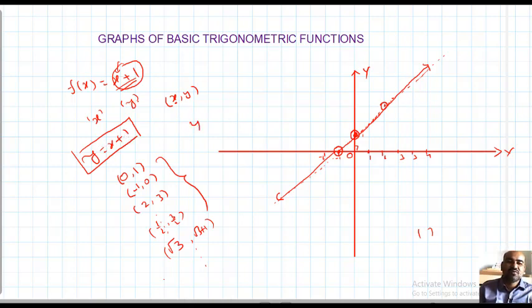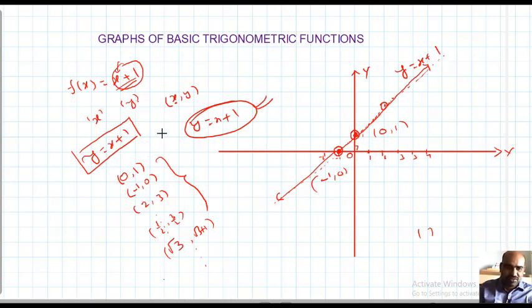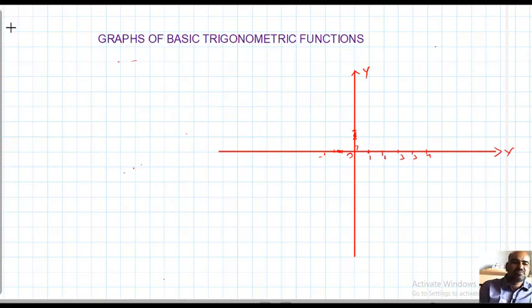In this example, y equals x plus 1 is given, which is a function. So its graph is a straight line, intersecting the x-axis at the point minus 1 comma 0 and the y-axis at the point 0 comma 1. This is the straight line given by y equals x plus 1. In this way, you can draw the graph of y equals x plus 1. What is our observation? y equals x plus 1 is a straight line on the coordinate plane.